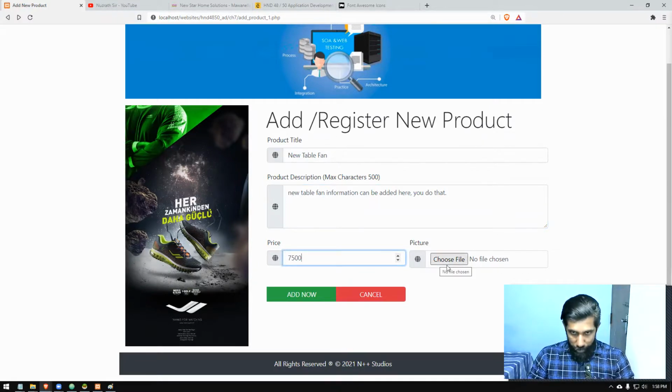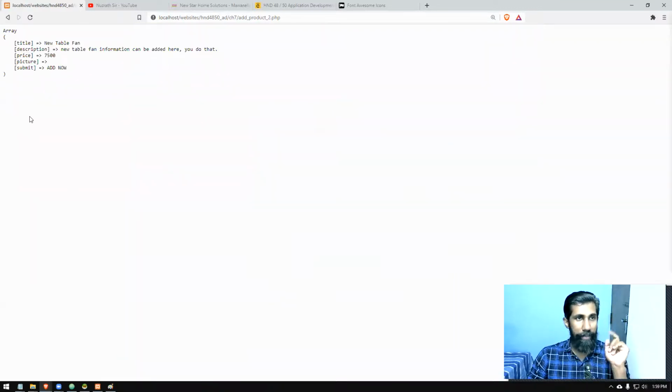Then if you like, you can choose an image here, but for the time being, file uploading, we are not doing. So after finishing the database programming, I'm going to separately teach you how to do the file uploading. Then we're going to again come here, make the version 2 of this one, and we will link the file uploading code to this. For the time being, we are only doing the data. We are adding that. So this one, I'm not going to bother about that. Just click on the add new button. Let's see what information is coming. Title, description, and picture is coming, right?